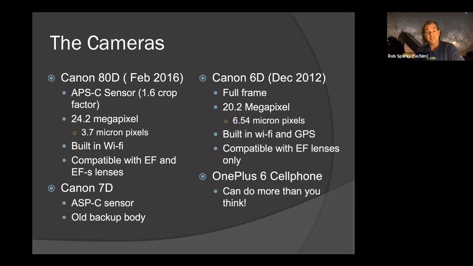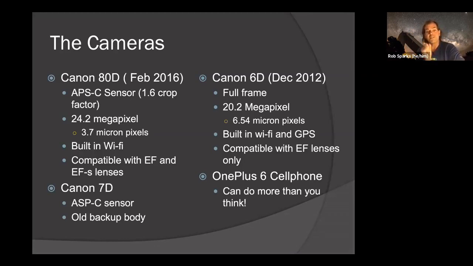I have a Canon 6D, which is a full frame camera, came out in 2012, almost 9 years ago. But it's a full 35 millimeter diagonal sensor, just like you'd expect. A 20.2 megapixel, so even though it's a bigger sensor, it has fewer pixels, which means the pixels are much larger, 6.54 micron pixels, so it has very good noise reduction, very low noise. It's a very good astrophotography camera for that. But you need the EF lenses for it, because it has that bigger image circle, so you need a bigger lens that can fill that image circle well. So those are my two main cameras.